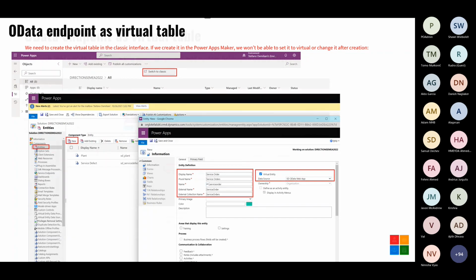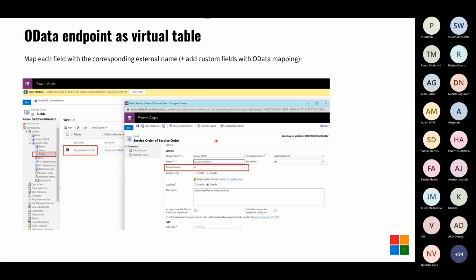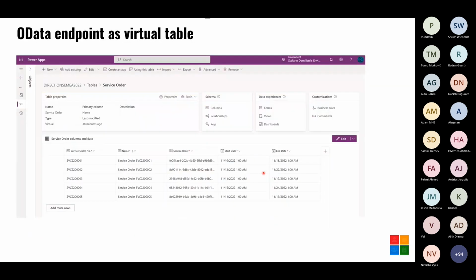So now, when you have that, you need to map each field from your Dataverse table to the external OData endpoint. For example, the external name is ID, and now I map it with a service order ID and so on. You can also specify if they are required or not, and you can specify the data type. And then the result of this is that you have a table that you can see in my Dataverse environment